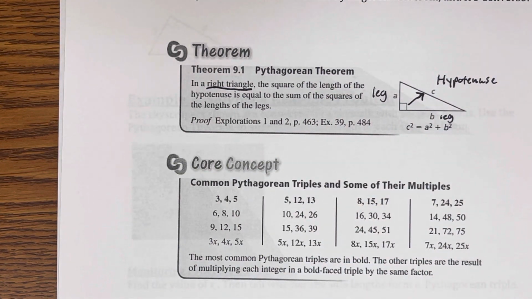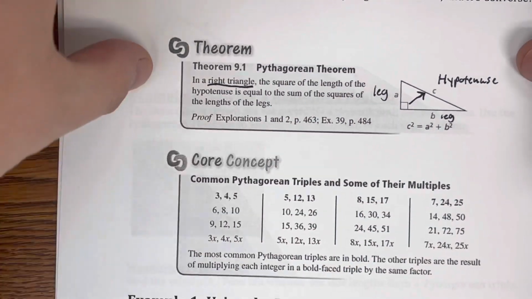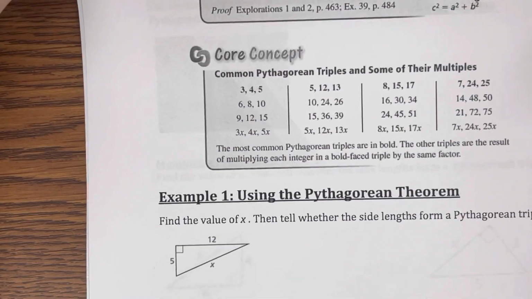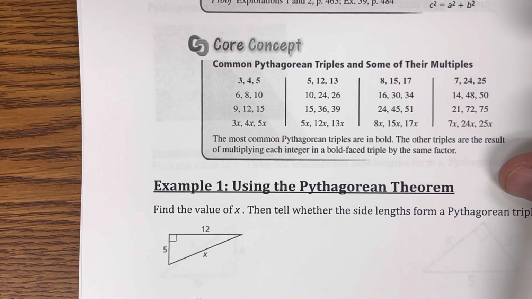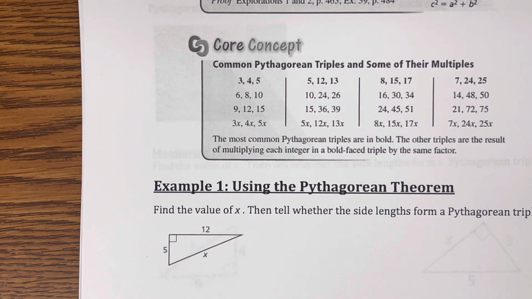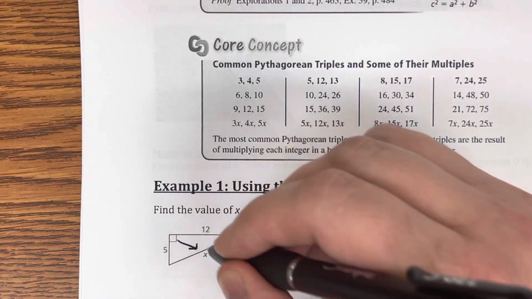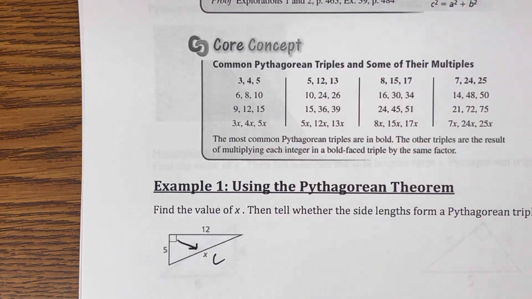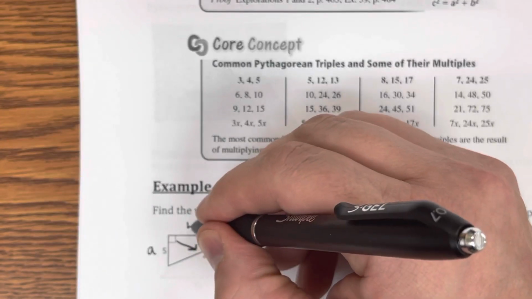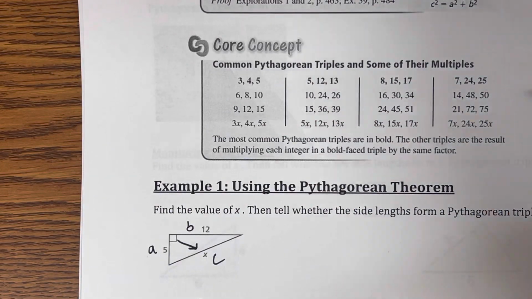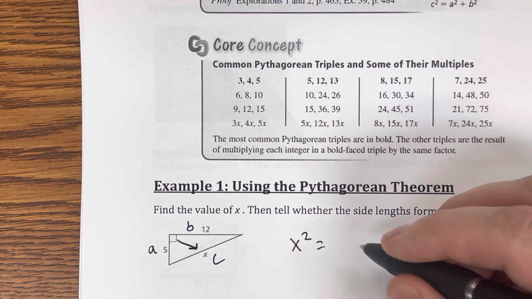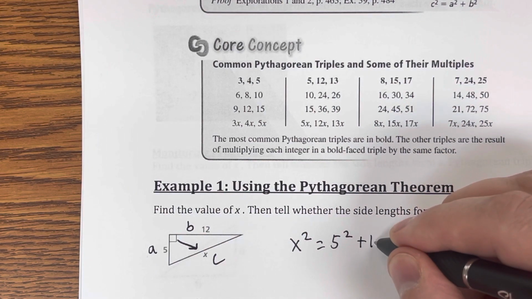Okay? So our first example says, find the value of x and then tell whether the side lengths form a Pythagorean triple. So for us to find x, a couple key things here. First, I want to identify which piece is the hypotenuse. The hypotenuse is across from the right angle. So that is my hypotenuse, that'll be C. The two legs can be either A and B. And when I set up the equation, we'd have x squared equals 5 squared plus 12